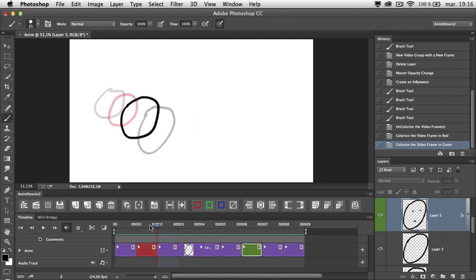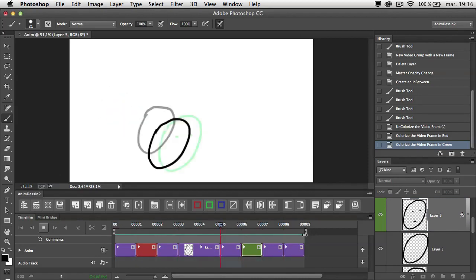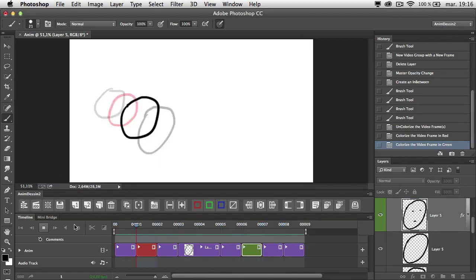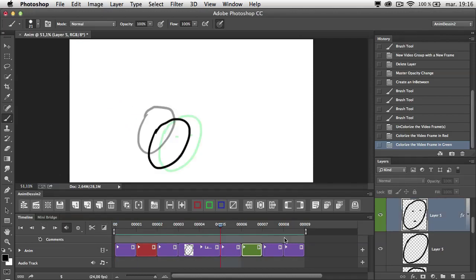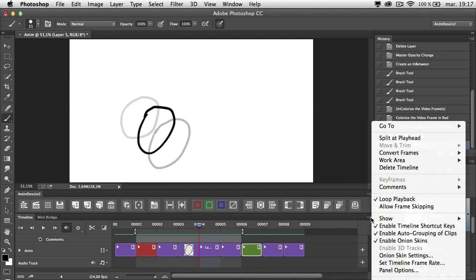So here now, if I click to play, I loop in the entire work area there, because by default you work in the entire work area. You can reduce the visibility, for example, to only loop and to only test your animation in this section. So now you only take a look at this section. By default, the player doesn't loop. You just need to check this option